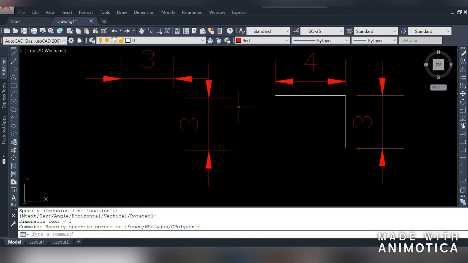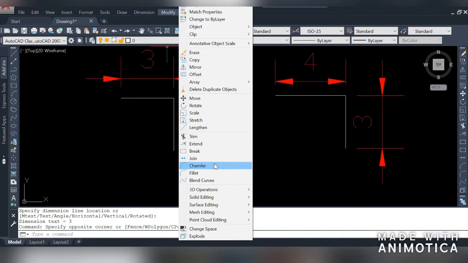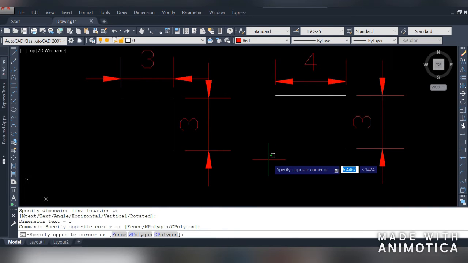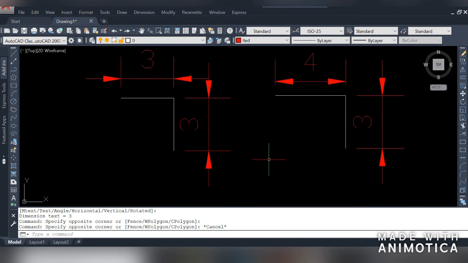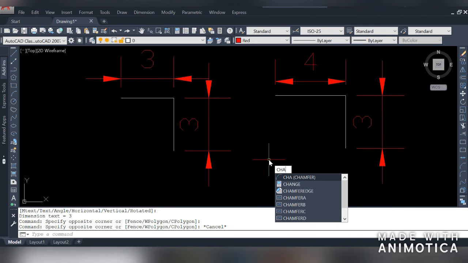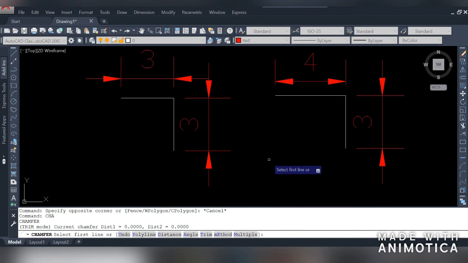To choose chamfer command, go to modify toolbar and here choose chamfer, or simply press CHA and then press enter. Now we have to specify the distance, otherwise it will go with the previous input you have entered while using the chamfer.